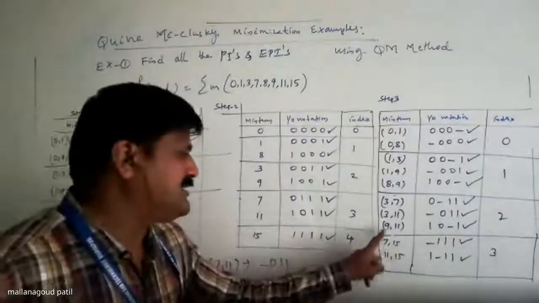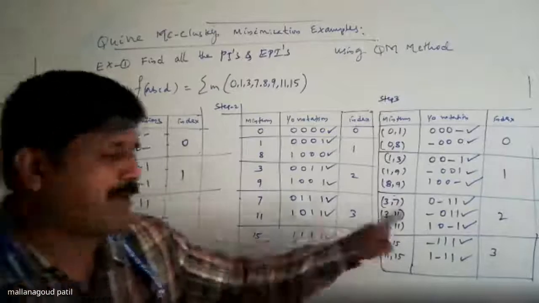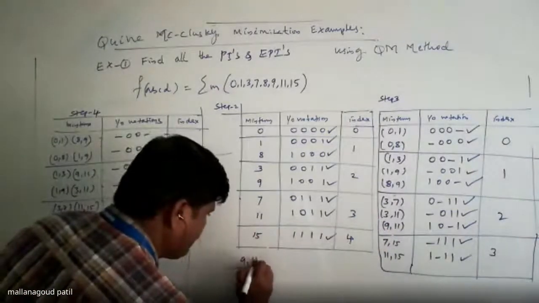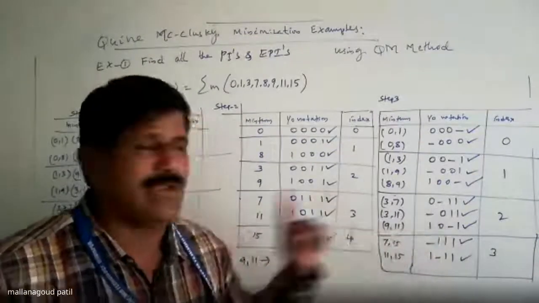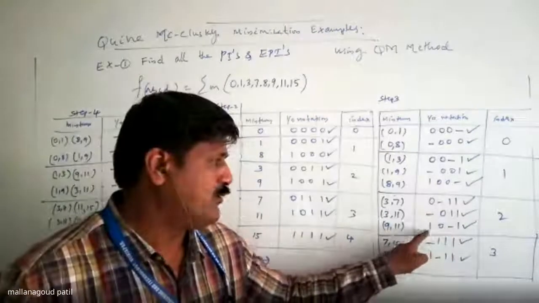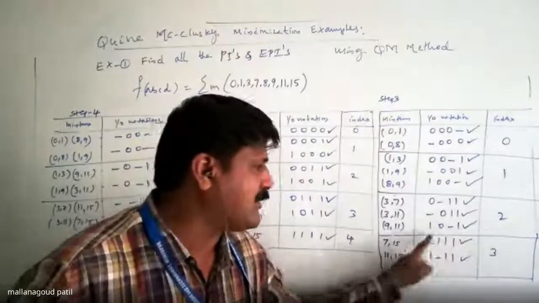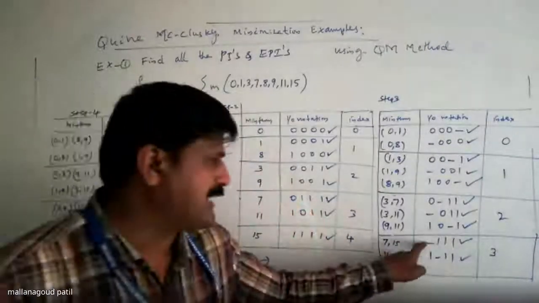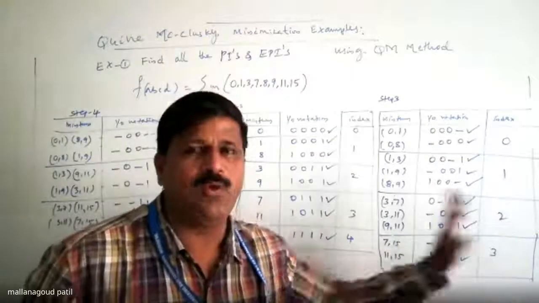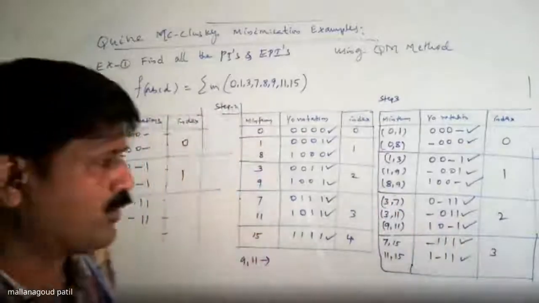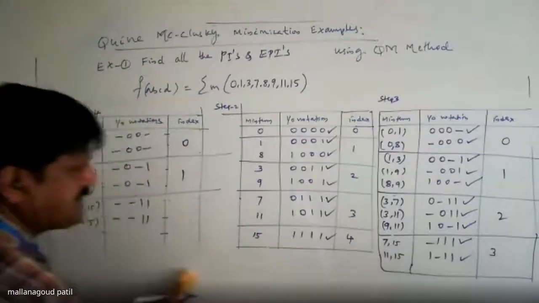Then this is over. Go for the last minterm. Which is the last minterm? Last minterm is 9, 11. Third bit is dash: 1 0 dash 1. Anyone in index 3 with the third bit dash? No. First bit is dash, second bit is dash. Only two minterms are there in index 3. Then what to do? Ignore. You have to ignore. Means index 2, index 3 comparison is over.